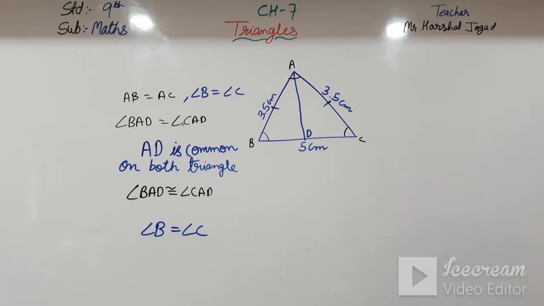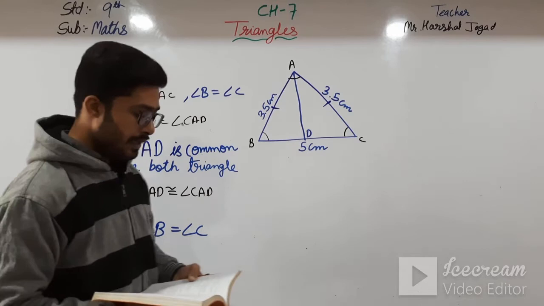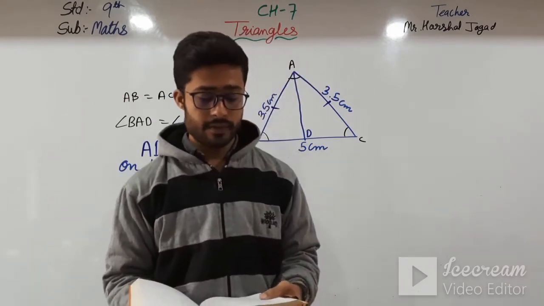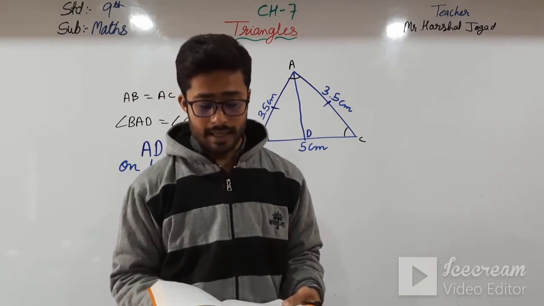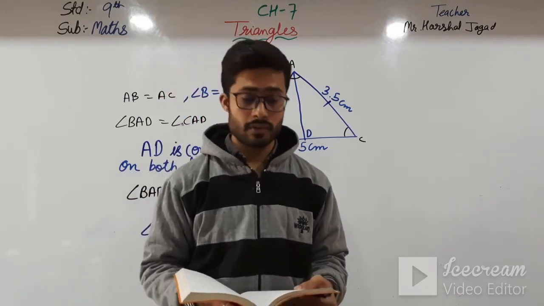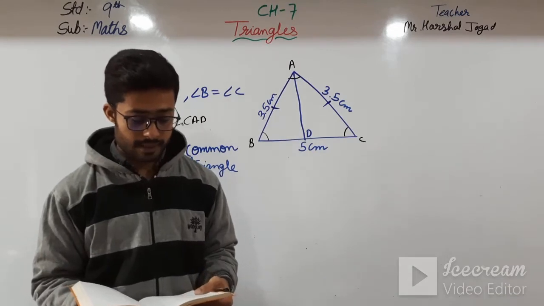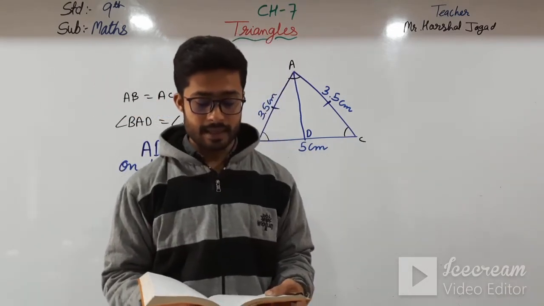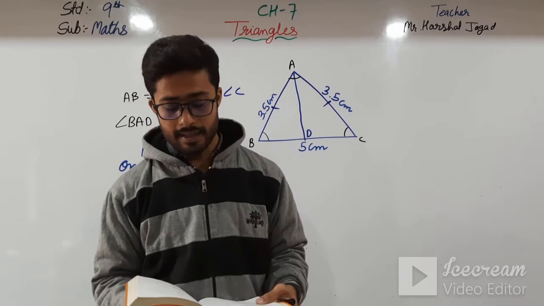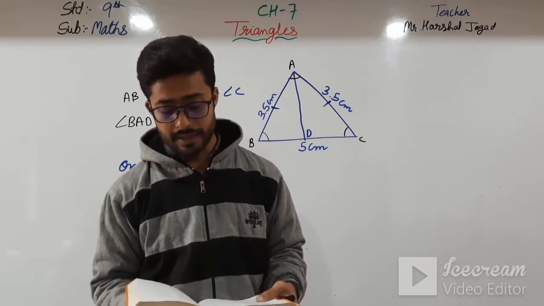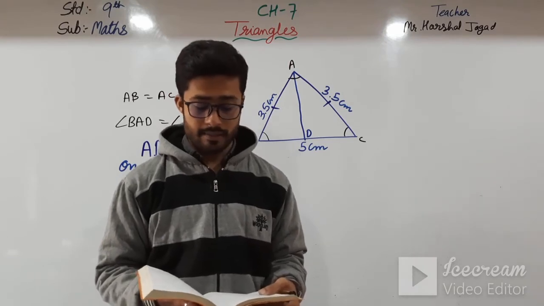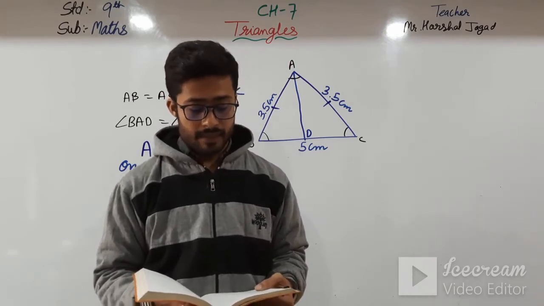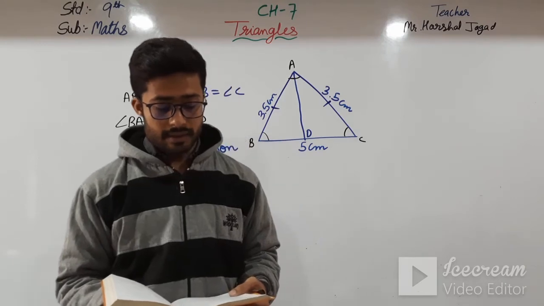Now moving further, you can see a theory part is given. Is the converse also true? That is, if two angles of any triangle are equal, then can we conclude that the sides opposite to them are also equal? Perform the following activity: construct a triangle ABC with BC of any length, and angle B and angle C equal to 50 degrees. Draw the bisector of angle A and let it intersect BC at D, and cut out the triangle from the sheet of paper